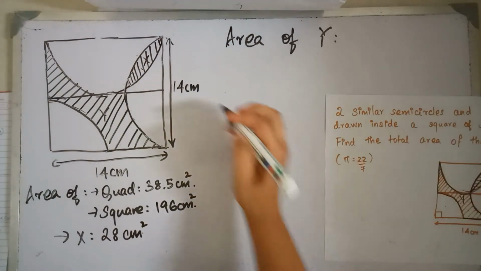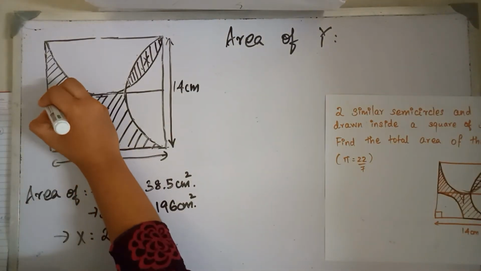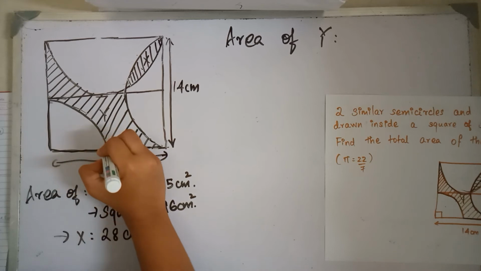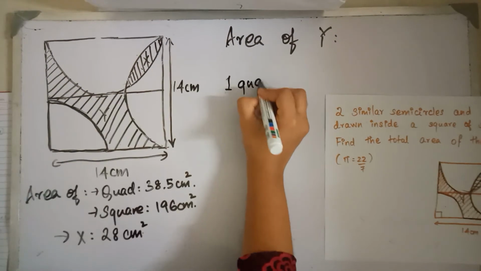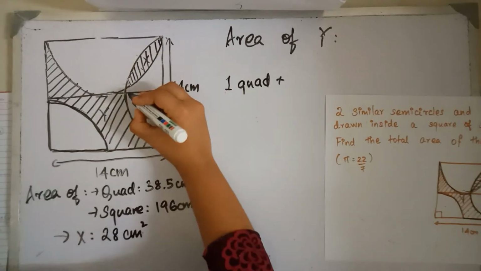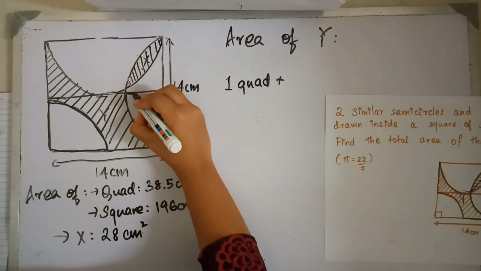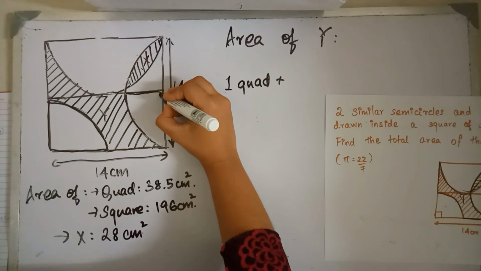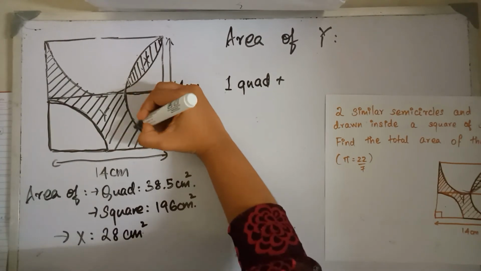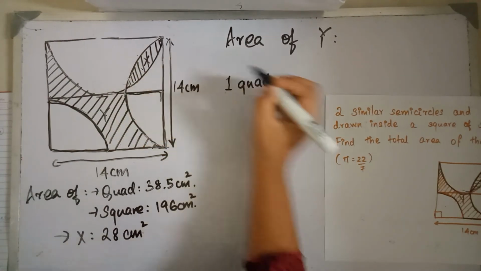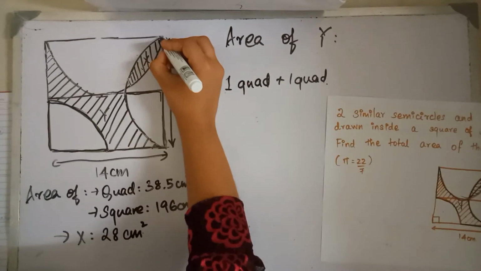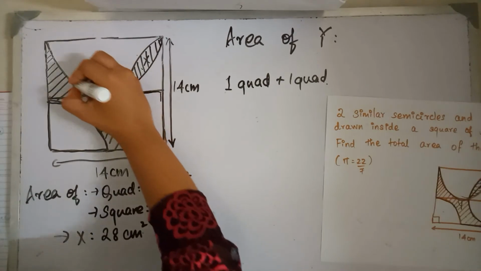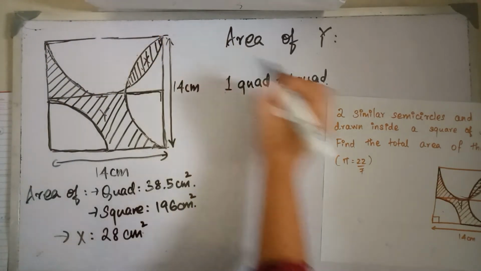Let me say it again. It consists of this quadrant, one quadrant, plus, isn't this another quadrant? Another quadrant, a whole semicircle,